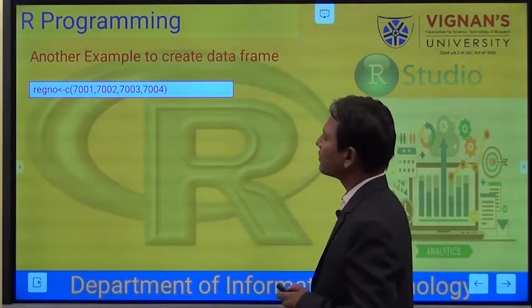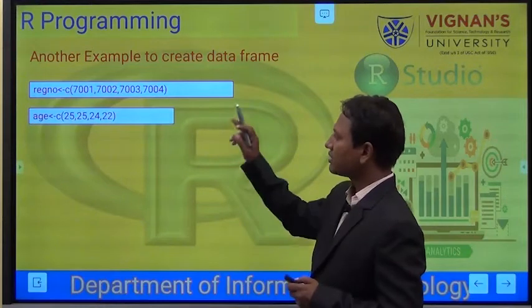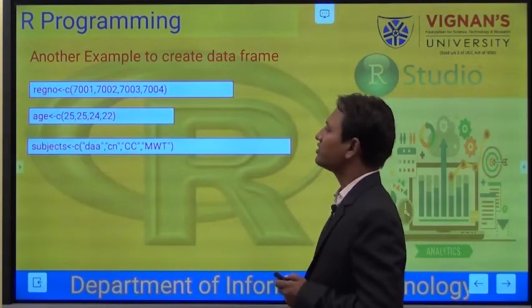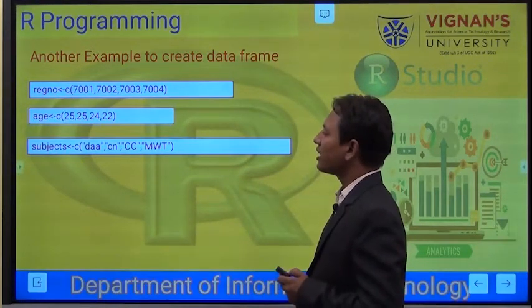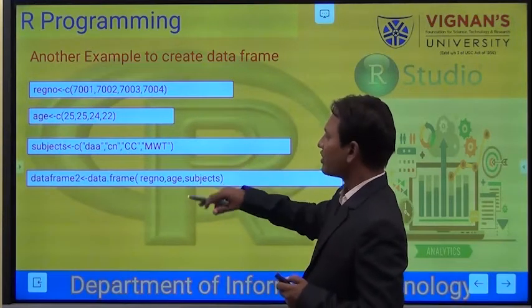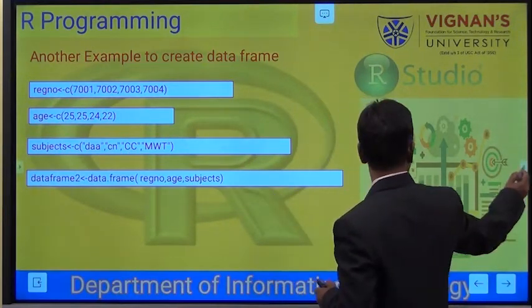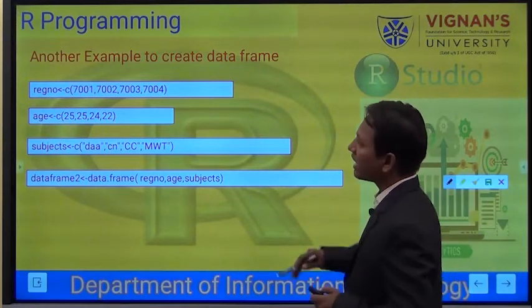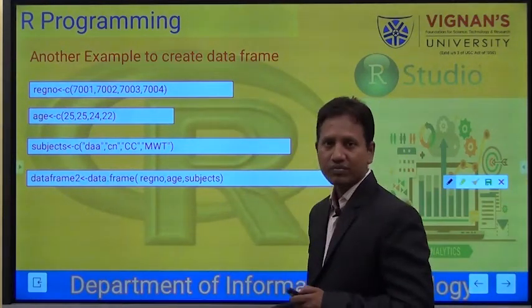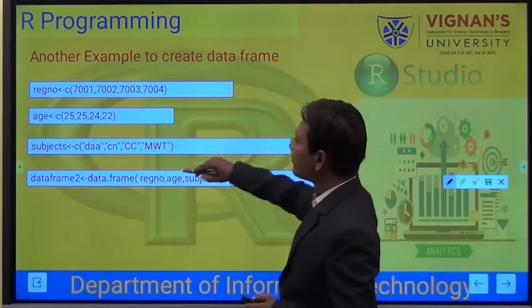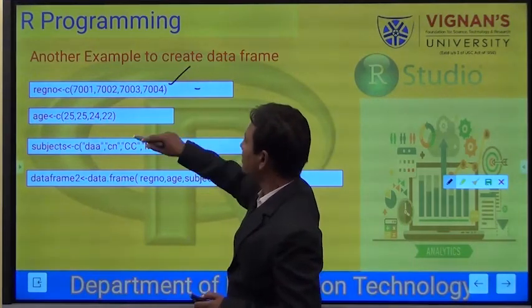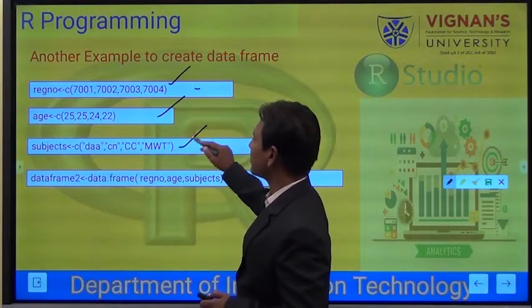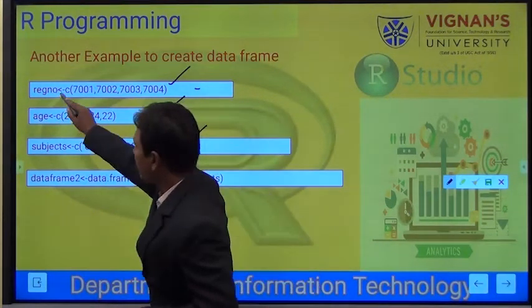We'll see another example. Already we have created vectors register number, age and subjects, and these three things we have kept here. We can directly pass the values to the data frame or pass already predefined vectors. This is a vector, second vector, third vector.